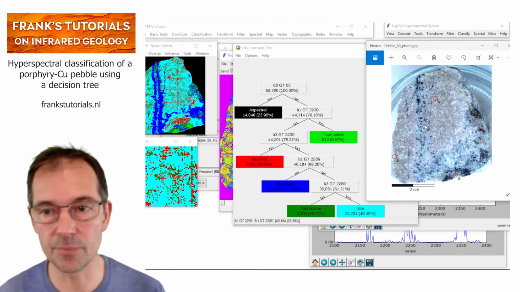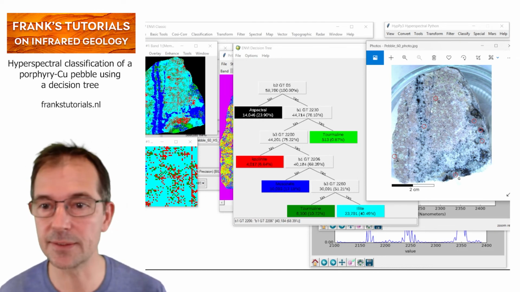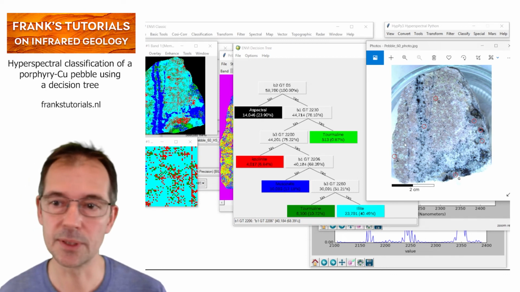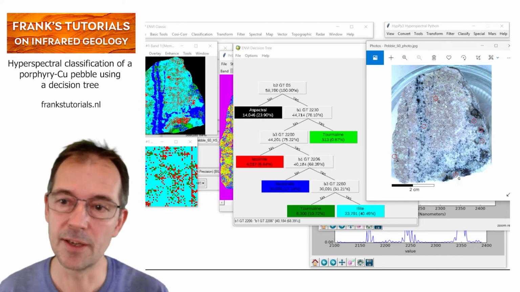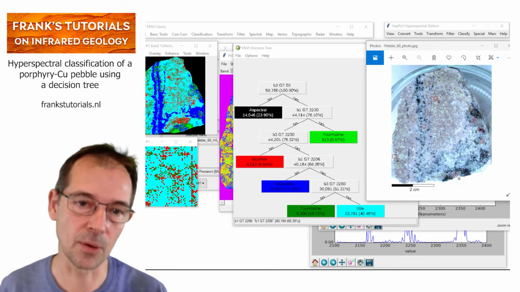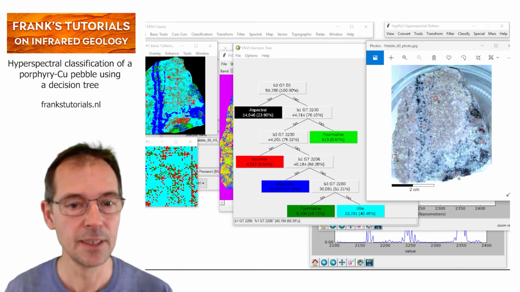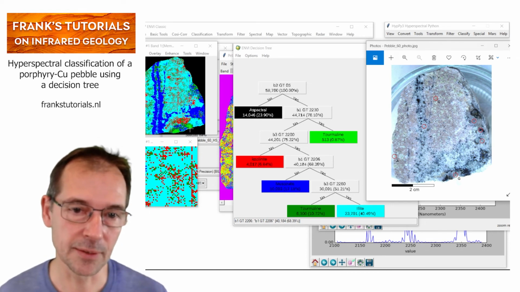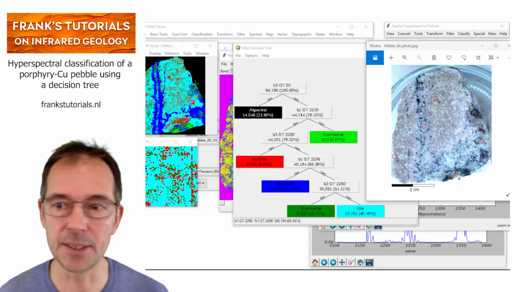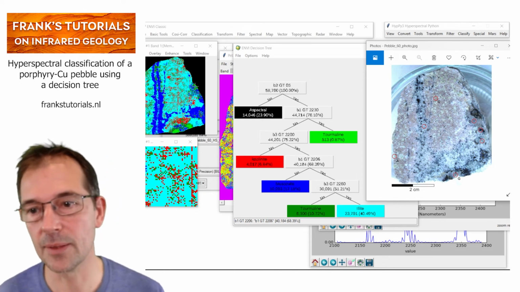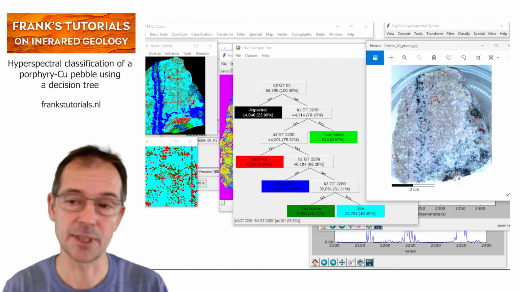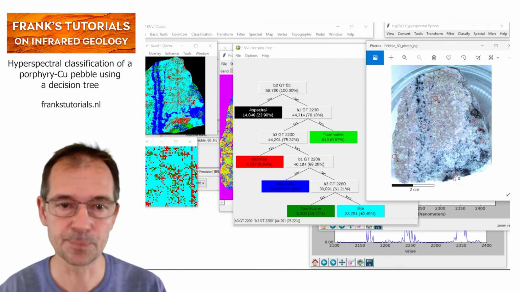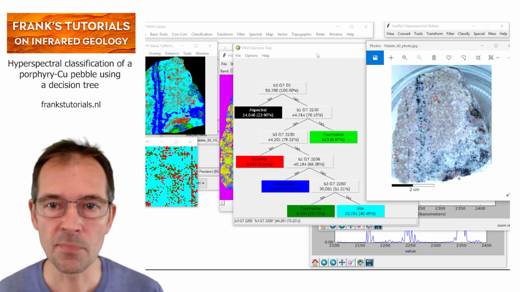Yeah, then there's kaolinite. That's difficult to identify here in this pebble, but it's different from the overall cyan color that you find here, which is illite. And then we have some clear concentrations of tourmaline here, and here, and here as well, which coincide with these clusters of pixels where there's tourmaline, but there's also chalcopyrite. Okay,